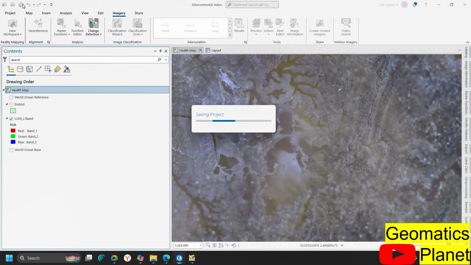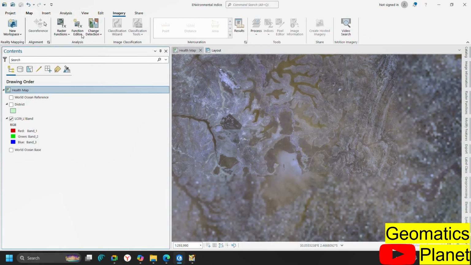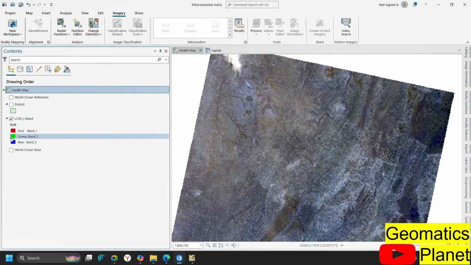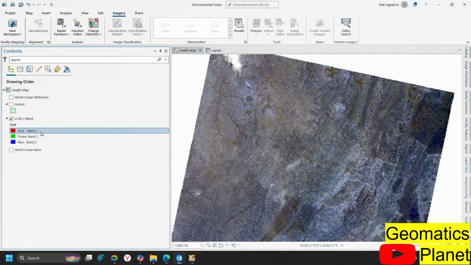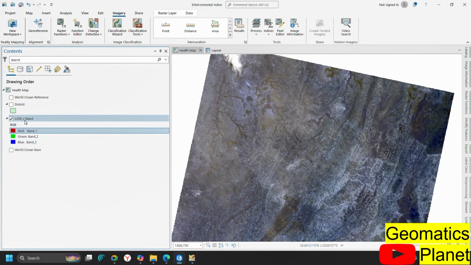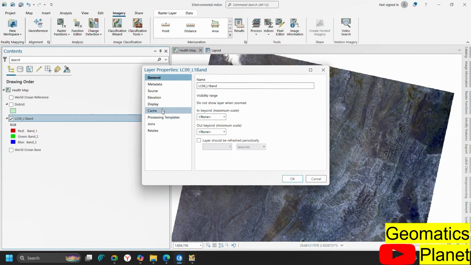So let me save it before ArcGIS changes its mind. Now a quick one, you can see the look here. This is what it looks like. Now for us to change the bands, you can right click here on this. If you right click here, this is already picked for you. Or you can right click here and go to properties. When you go to properties,